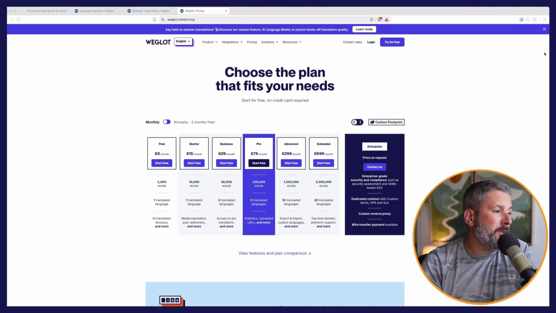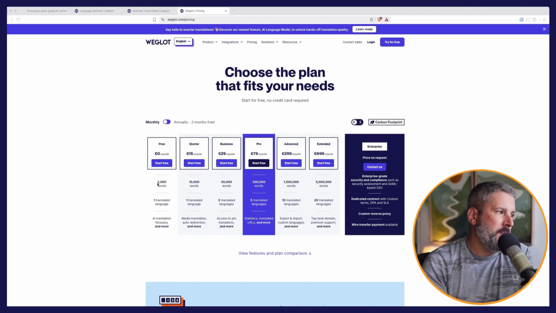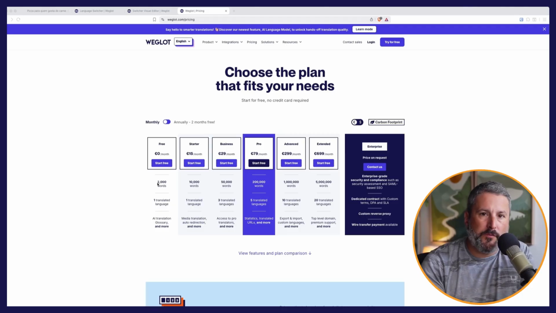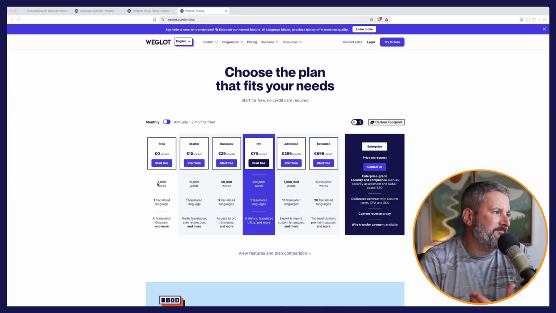And just to wrap things up with the pricing, you can start for free for 2,000 translated words per month. I think this is fine if you have a small service site. I think plumbers, electricians, accountants, very small businesses with a website that works and operates in multiple languages. If they're changing pricing or availabilities or specials, 2,000 words a month is probably going to work really well for the most critical information that they need to get out. And then Starter and Business and beyond go 10,000 words, 50,000 words, 200,000 words, and of course, more languages translated. Check it out at